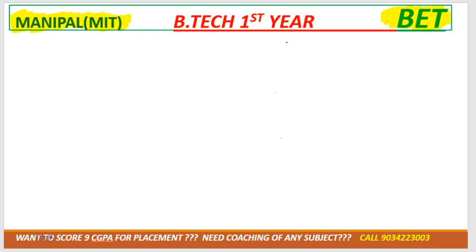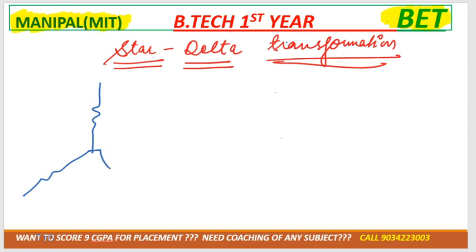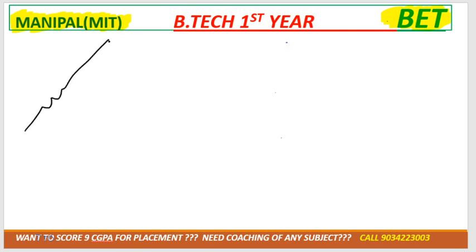Okay, now after that we'll have the next topic, that is star delta transformation. Frequently questions have been seen on this too, star delta transformation. Basically they demand practice. The more practice you do, the better it would be for you, right? Now see, this is a star shape, it is like this. Okay, and this is the form of delta shape, it is like this. We can convert from star to delta or from delta to star. Now see how we can convert it and what are the formulas related to this.